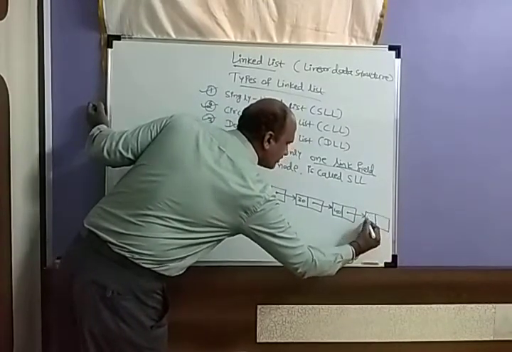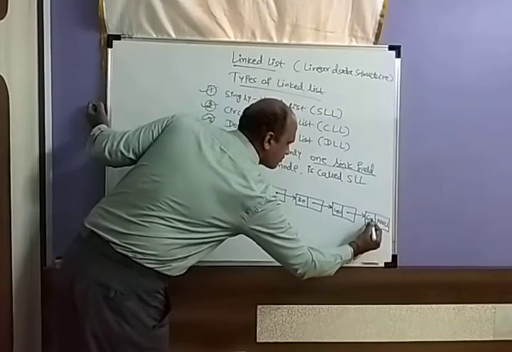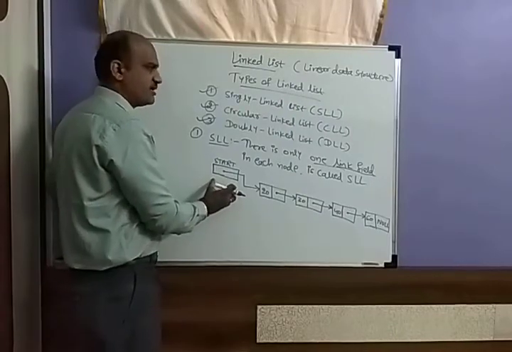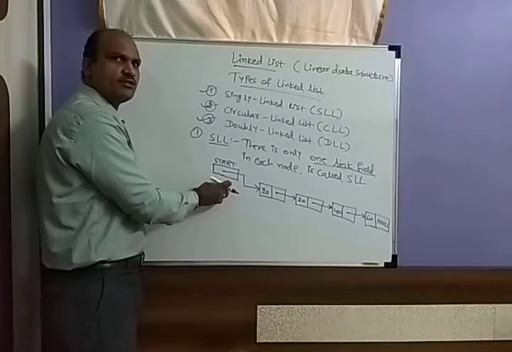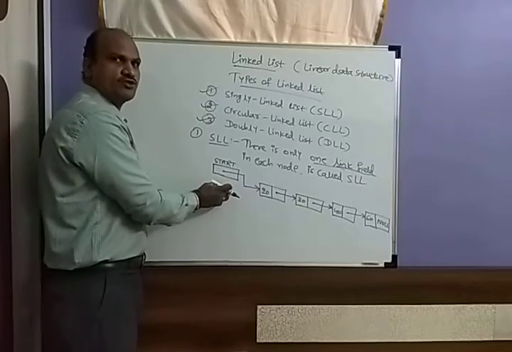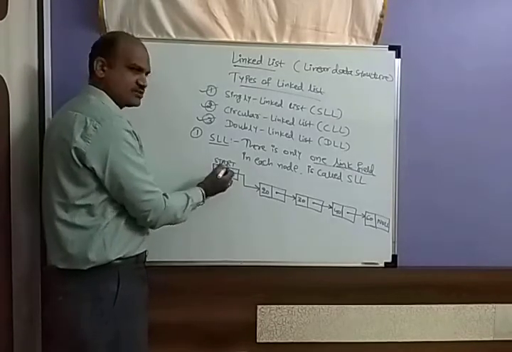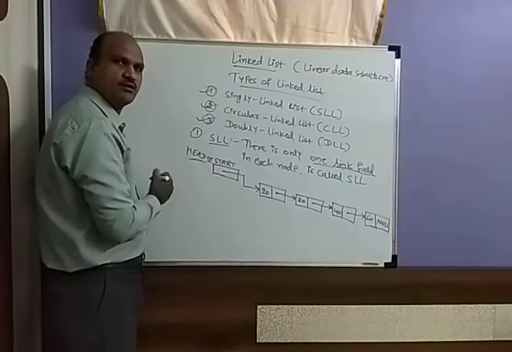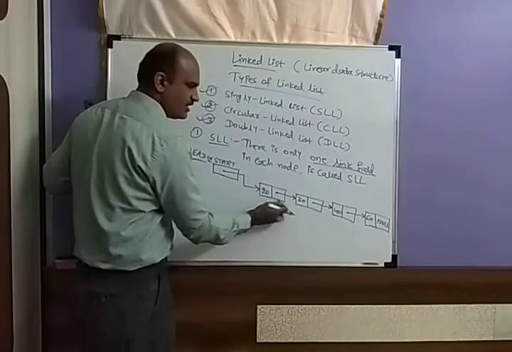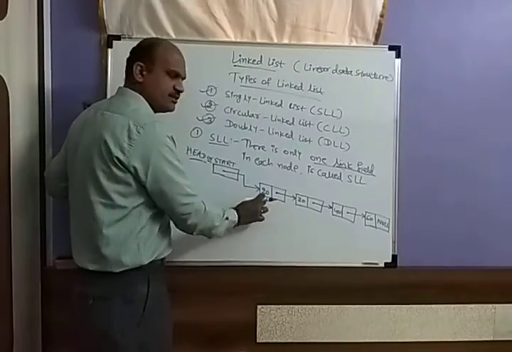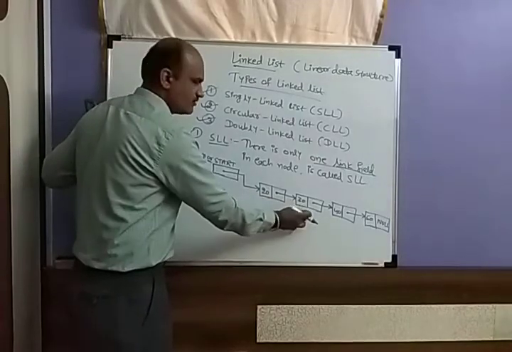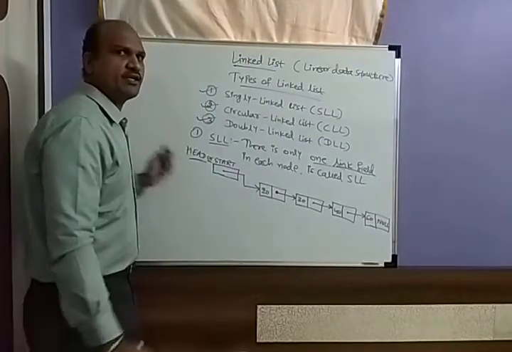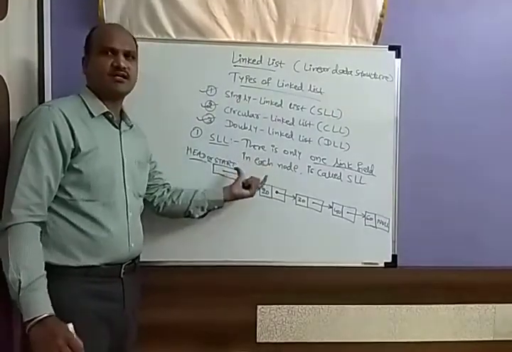If it is null, then the linked list is finished. Now see, this is the start. As I told you, start is the first node. You can say start, or you can write it as head also. Then there are two parts: one is the data, another is the link. Data is the information, and the link holds the address of the next node. This is only one link field, that's why we call it SLL, singly linked list.